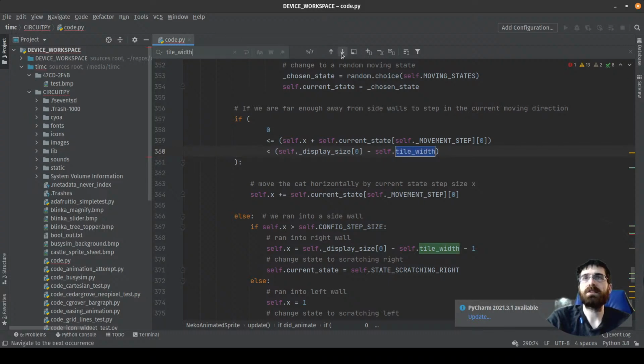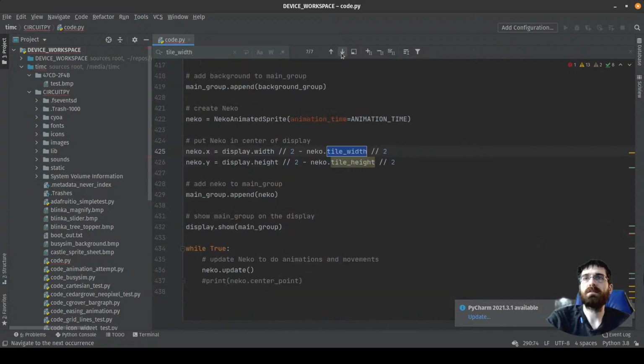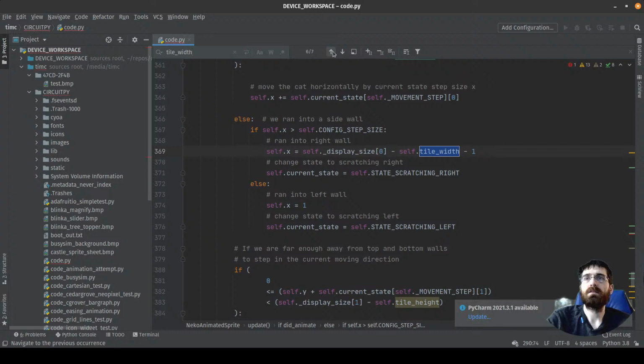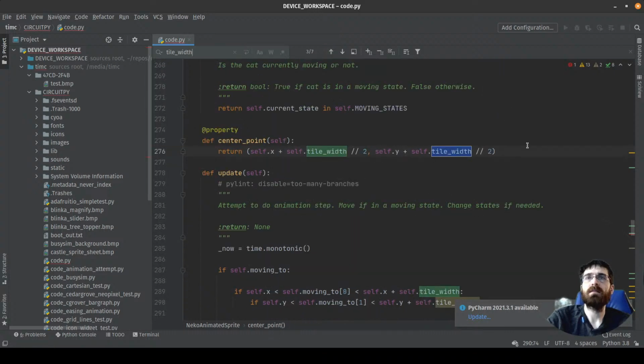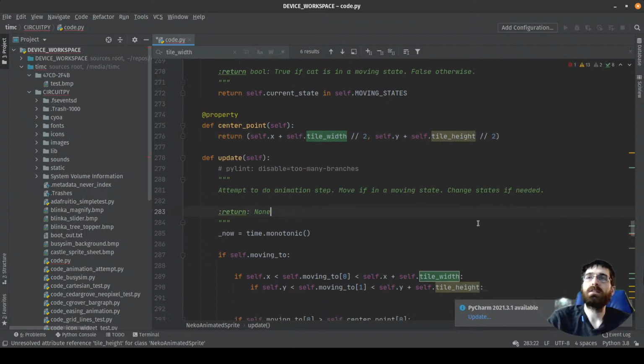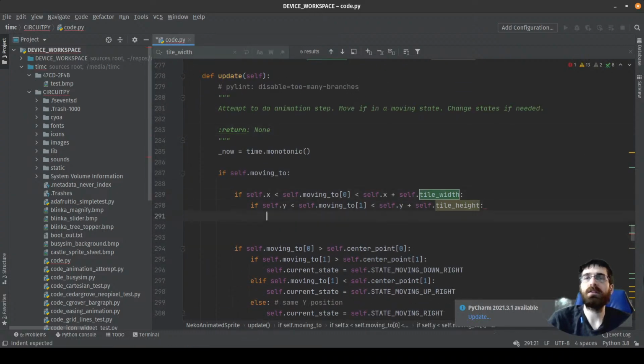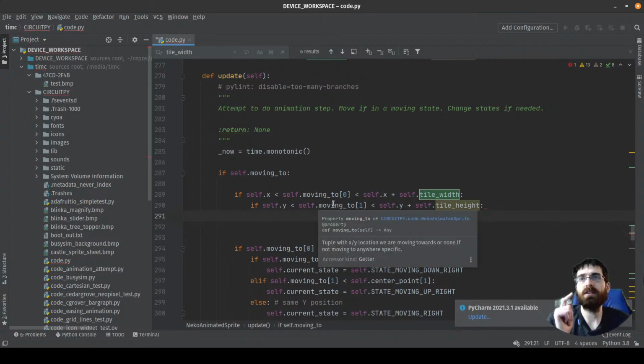Feeling like the last time I used tile width, I probably... Ah, yeah, center point. It was on center point, and this totally should be height. Okay. So if both of these are true, then the point we're moving to is within the box that our tile grid occupies, in which case let's